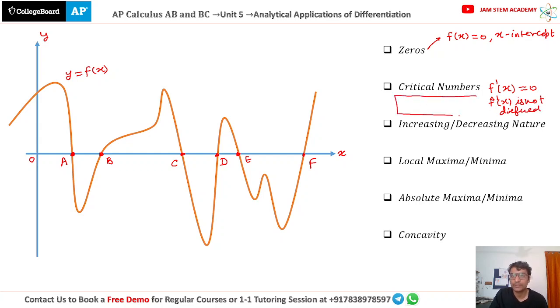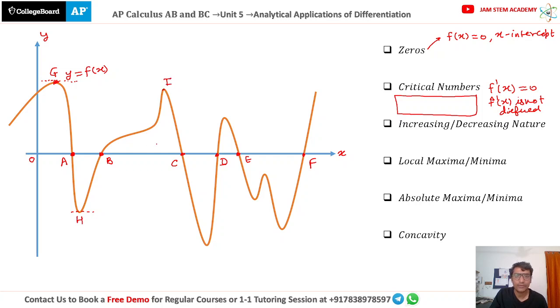So in this case, let's see what the points are. Because f prime x equals 0 means you can draw a tangent line parallel to the x-axis at those points. So this is one of those points. Let's call it point G. Like this, we have other points as well where the derivative is 0. So G, let's call it H,